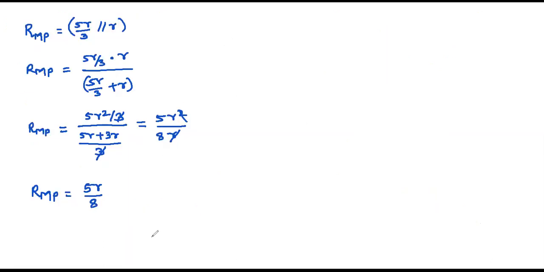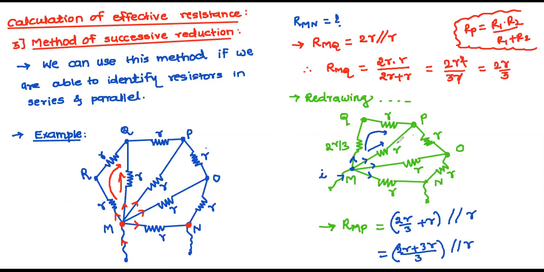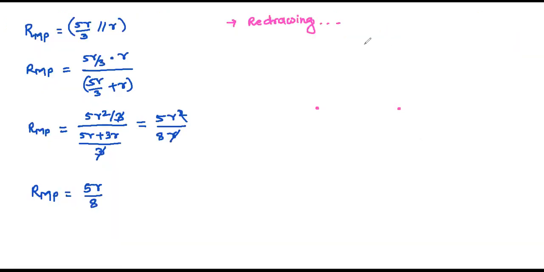Again redrawing. Let's change the color now. So again, redrawing. Once you get the speed, you can easily draw the diagrams. So this is your M point, this is your N point. M and N points are finished. Now this is P, O, that's it. Yes or not? P and O points you want. So here I am taking the P point and here I am taking the O point. This is O, this one is N, this is M, and this one is P. Yes, no?